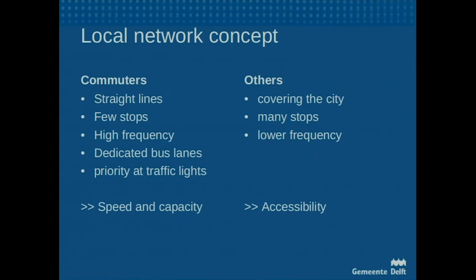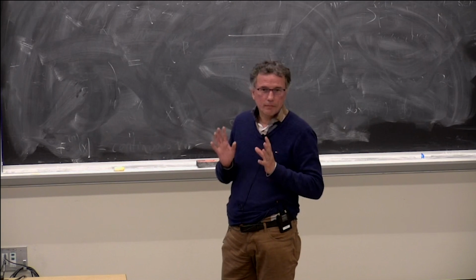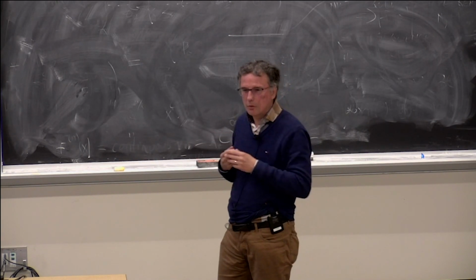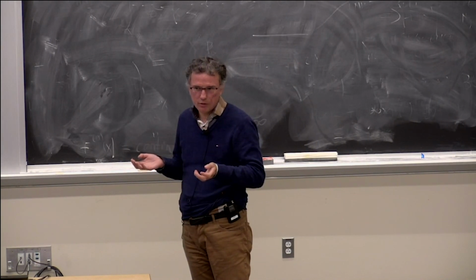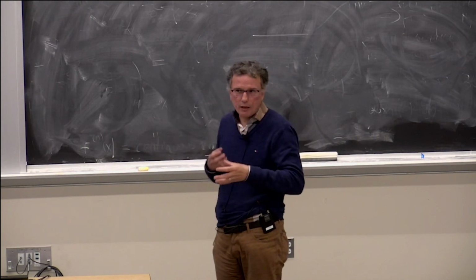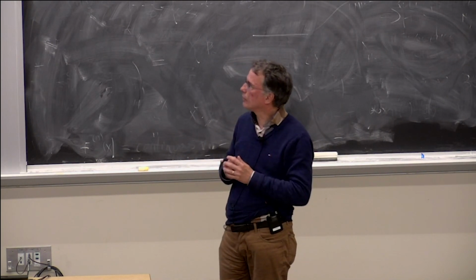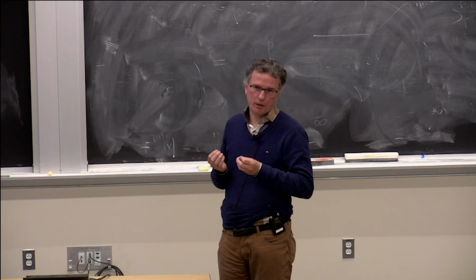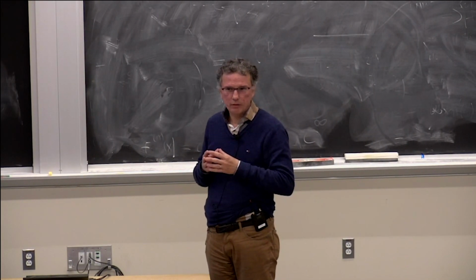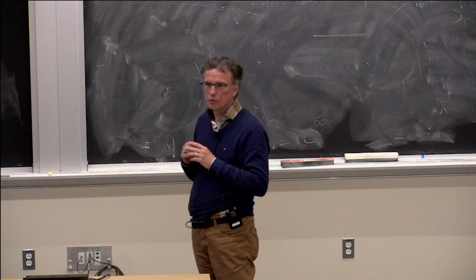First, I give you some views about the network, and then I show you the 2 kinds of priority we give. We do physical priority, and we do time priority, and I show you some slides with examples of Delft. First, our city Delft, 100,000 residents, close to the city of The Hague with 600,000 residents. That's how we are oriented in the busiest, densest part of the Netherlands. And first we had one system that tried to serve everybody. And we didn't succeed because our public transport system was too slow.